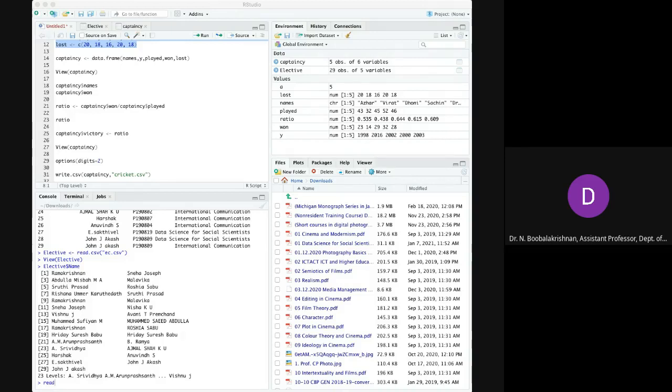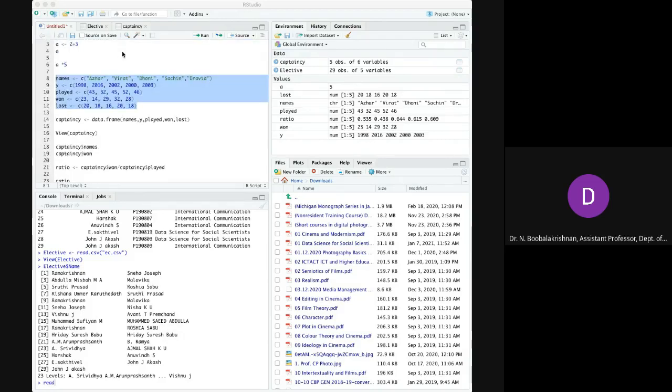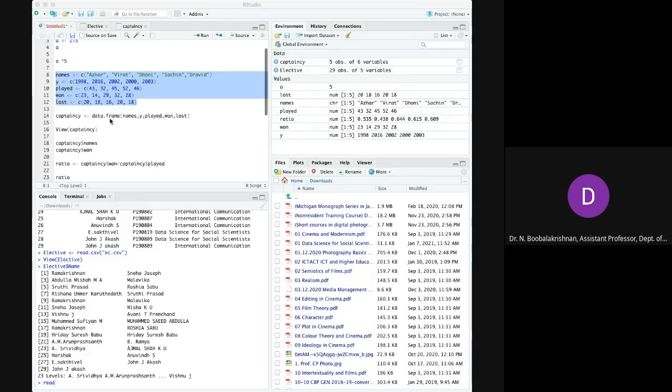I'll tell you the different windows and their functions. The window in the top left corner is the source window. It is used to edit a script and run it.